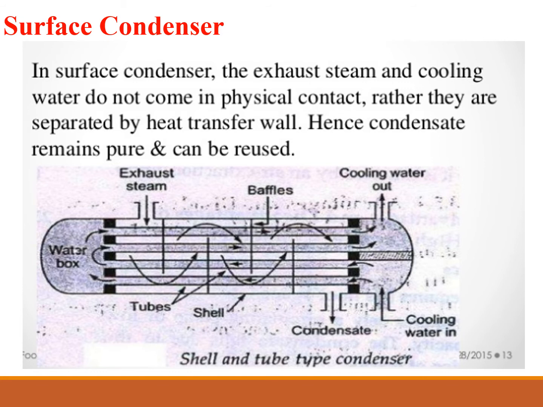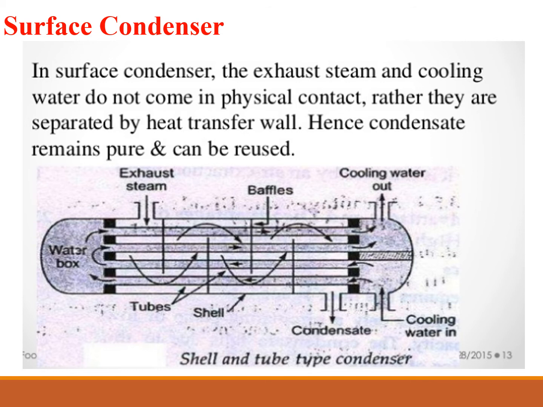Surface condensers are divided into two categories: one, shell and tube type, and second, the evaporative surface condenser. Shell and tube type. A surface condenser, shown in the figure, consists of a cast iron shell, cylindrical in shape and closed at each end to form a water box. A tube plate is located between each cover head and the shell. A number of water tubes are fixed to the tube plates.